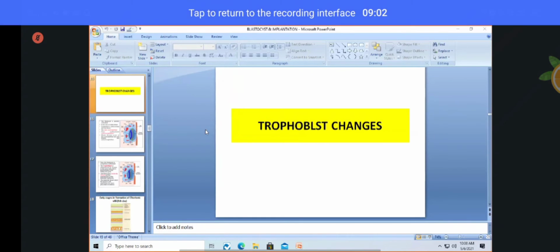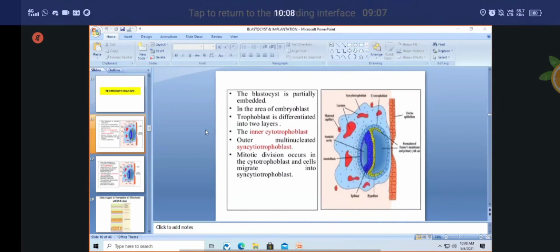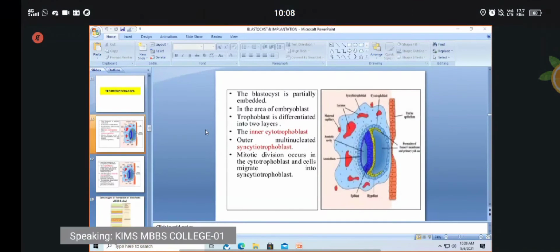In the trophoblast, it differentiates into two layers: an inner cytotrophoblast layer and an outer